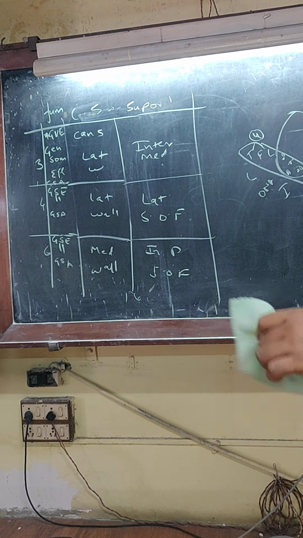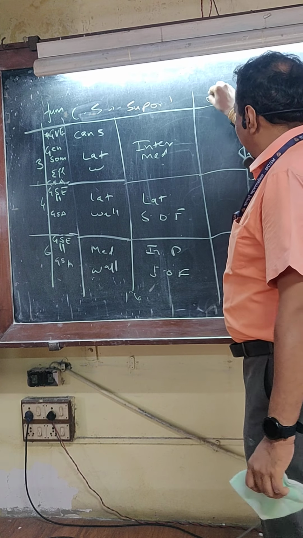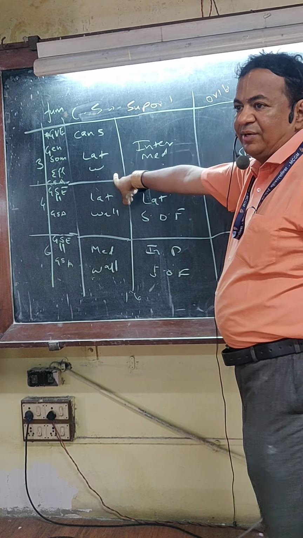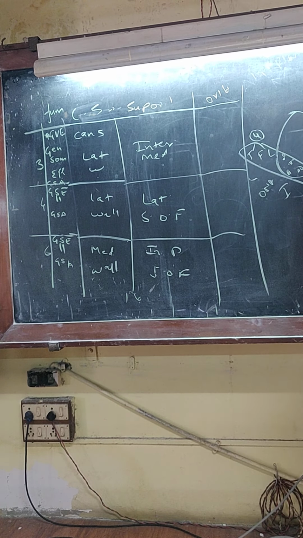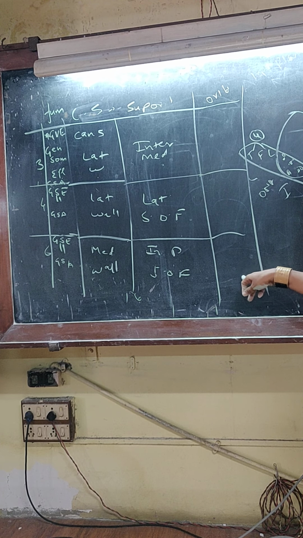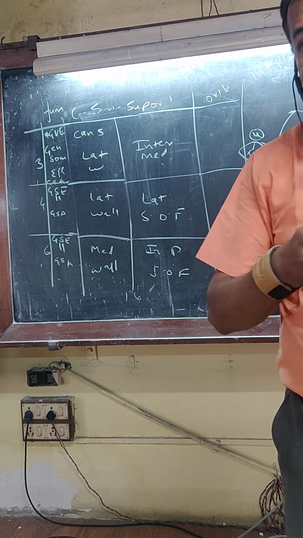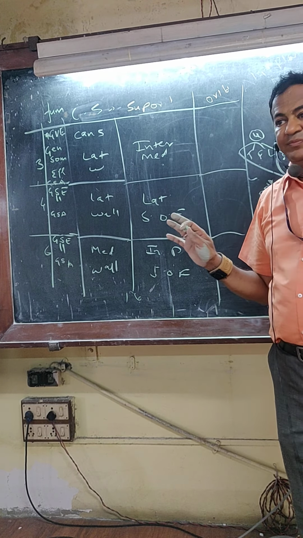After that what happens? They enter the orbit. So, the intraorbital course. This divides into superior and inferior branches. The superior branch goes and supplies the superior rectus and levator palpebrae superioris. The inferior branch goes and supplies the inferior oblique, inferior rectus and medial rectus. Now the inferior oblique branch also gives a branch to the ciliary ganglion, from where the iris is supplied.